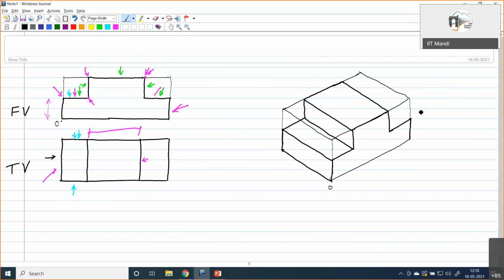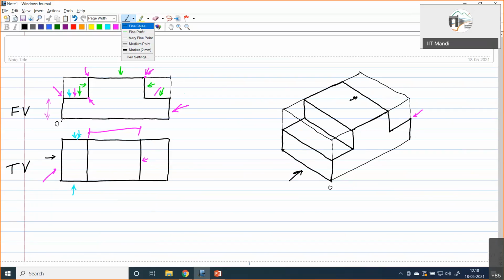So corresponding to this point, there is an edge which will continue until the back face. So we are actually supposed to have that edge also. So you have to draw a line parallel to this isometric line. We have to draw that edge, and then where will it terminate?